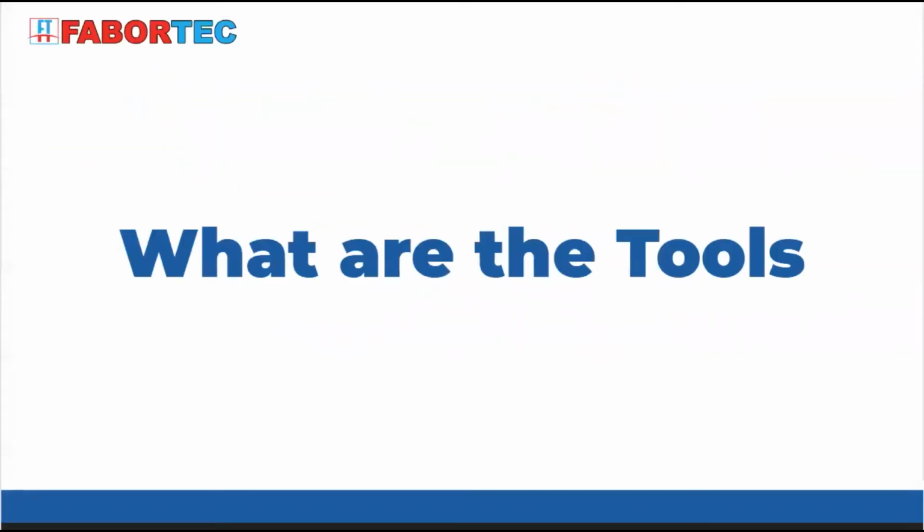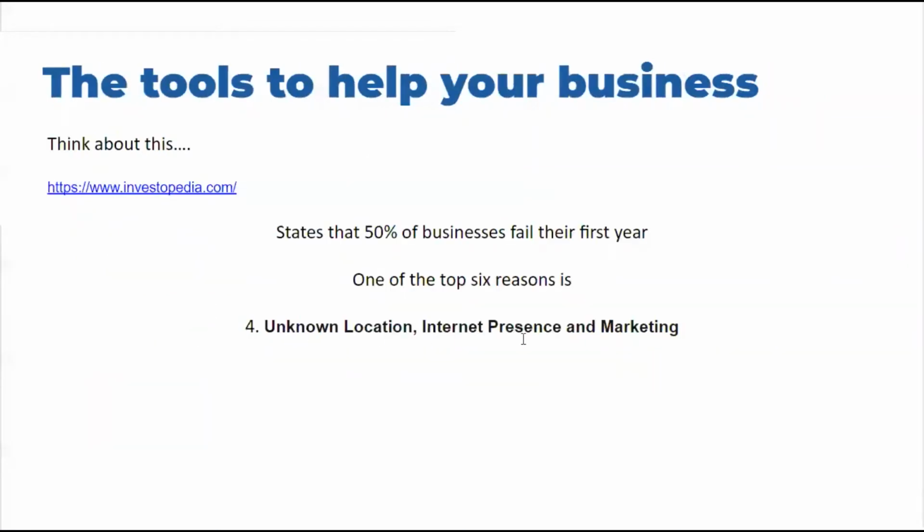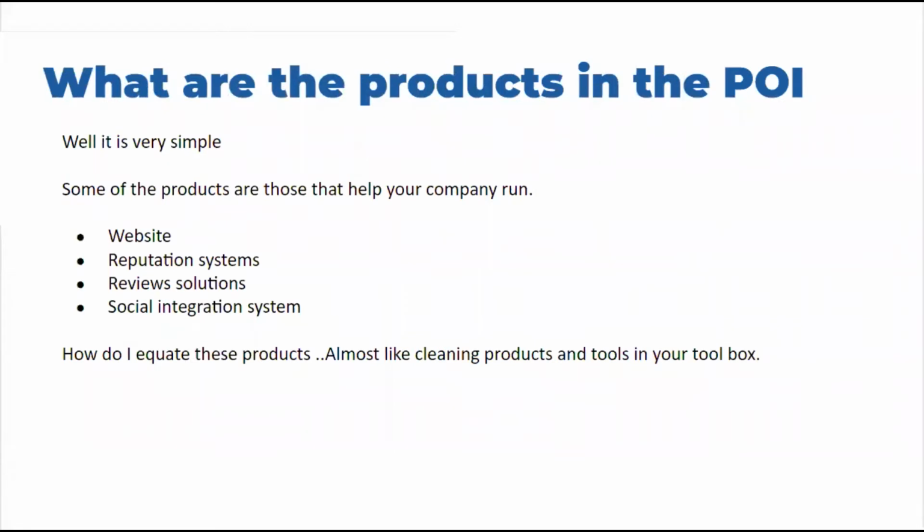I guess we could talk right now about what we're referring to as POI and the tools and products from this point. We talked about that percentage value of unknown location and internet presence, which is pretty powerful, because in our process, what we provide is some of the products that help run your company, like your website, your reputation systems, your review solutions, your social integrations, your listing services, those particular processes. Because we forget as business owners in today's markets that the majority of people, and we have some statistics on our website and other forums